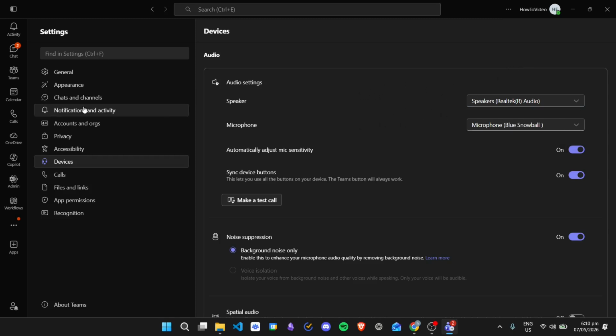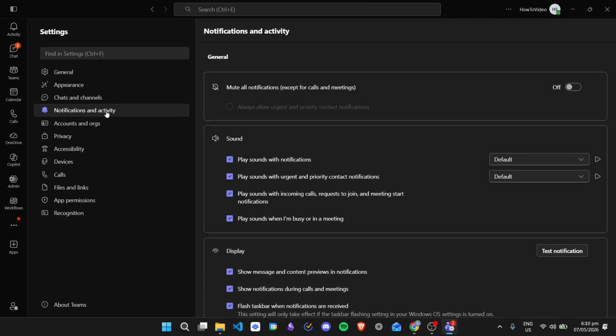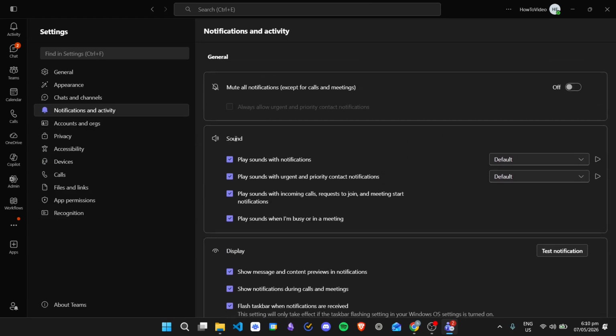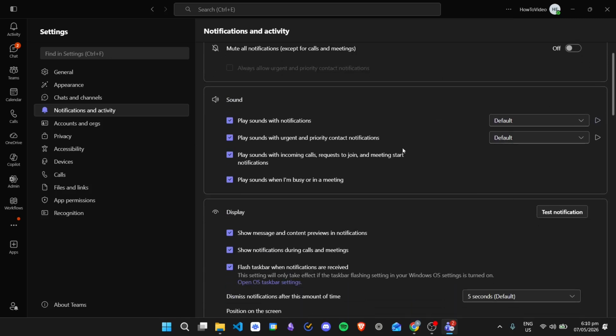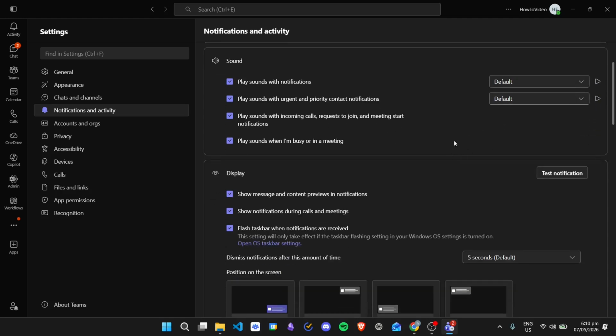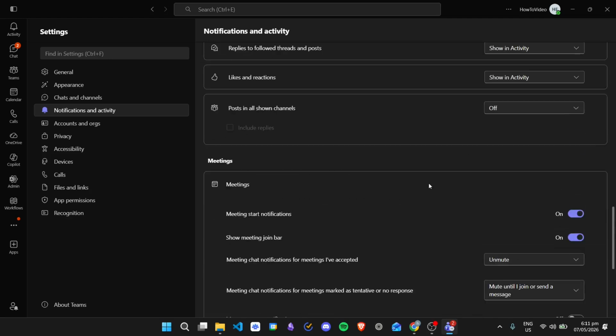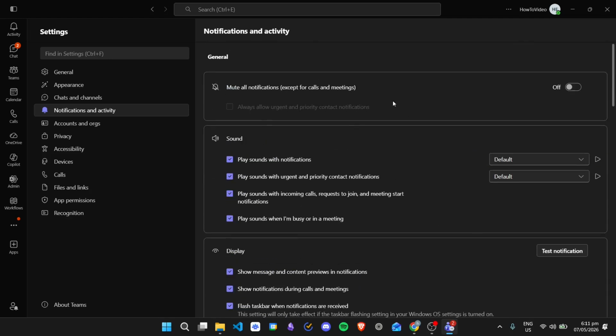And then you can also go to notifications and activity. From here, make sure that the sound is also turned on, so make sure you are not in mute. And then you can go ahead and play the different sound notifications right here to see if it is working. And once you see that you have your notification settings correct, as well as the devices,